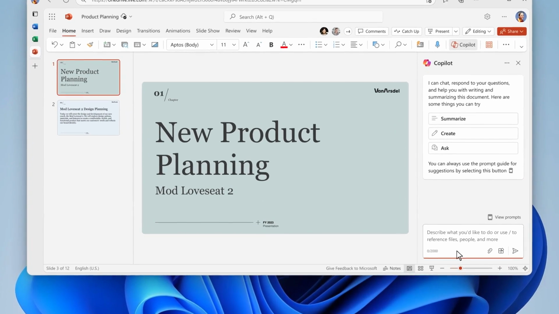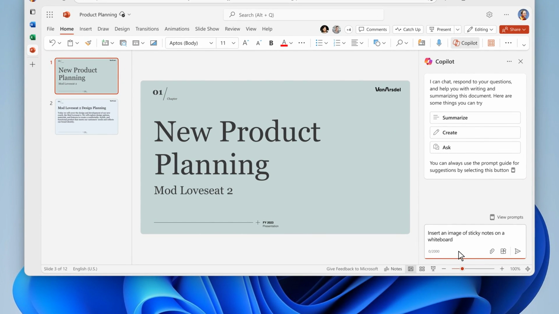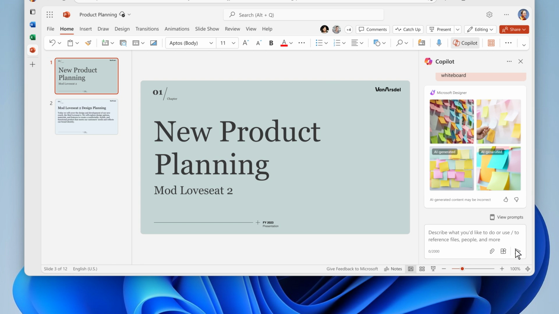Now, let's take a look at how Copilot can use Designer to help bring your ideas to life. Copilot in PowerPoint can help you find and insert stock images right into your slide. Today, we're announcing that Copilot in PowerPoint will be able to leverage Designer to increase your storytelling impact. With this, Copilot will be able to provide a set of stock image choices right in the chat for you